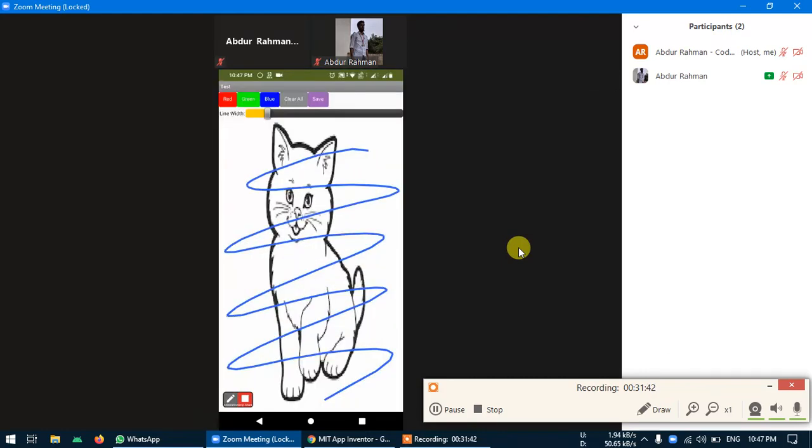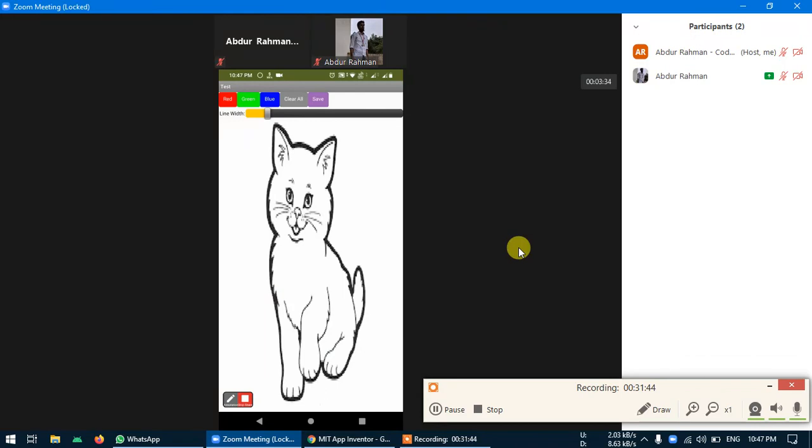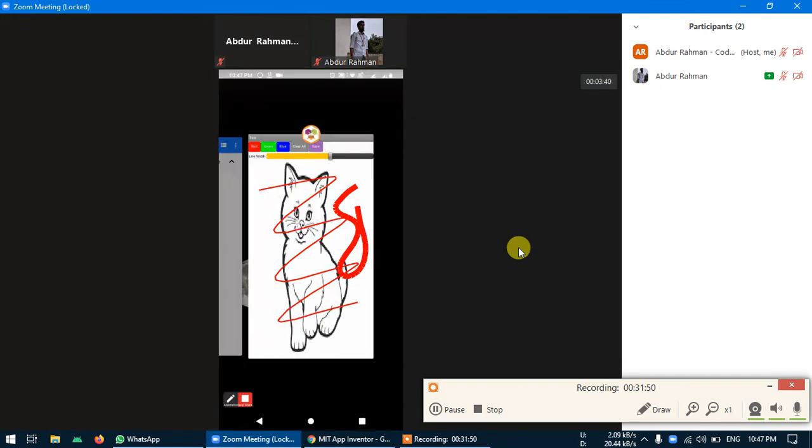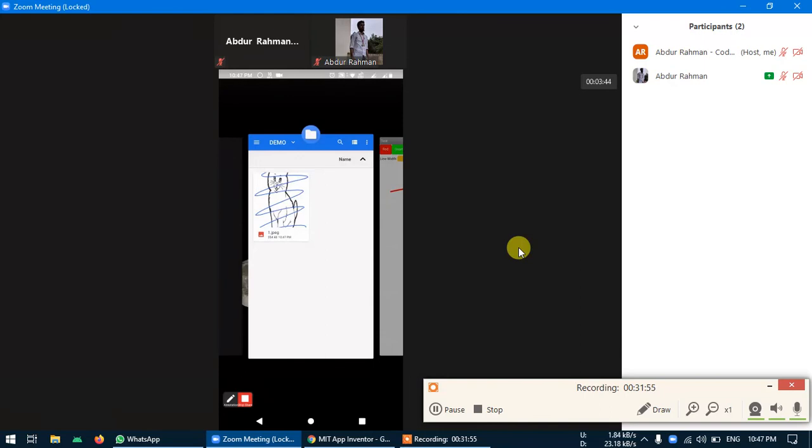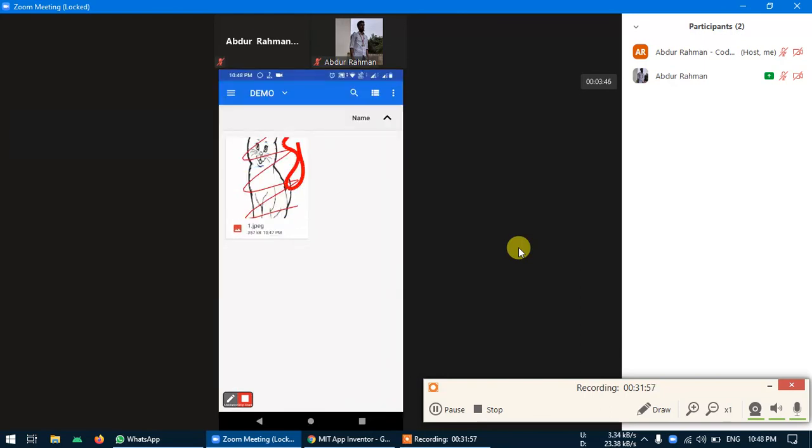Again, I can just clear all, draw in red and save it. Once you save, okay, let's draw some more and save it. Go back to your file manager. Now again, it was replaced. This is some sort of logical thing, but we are still not able to save it properly.